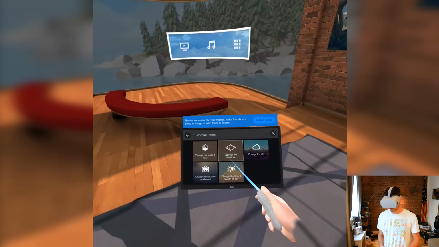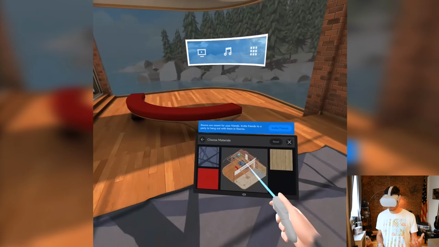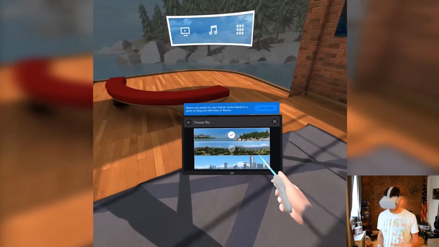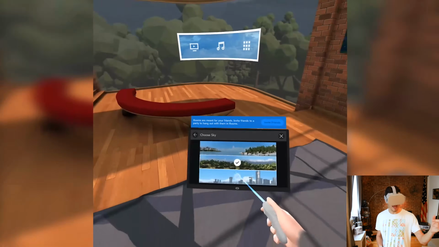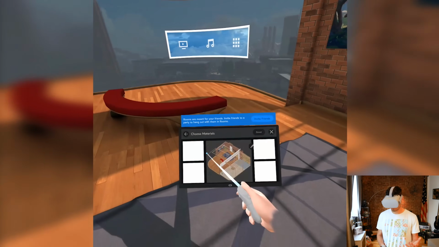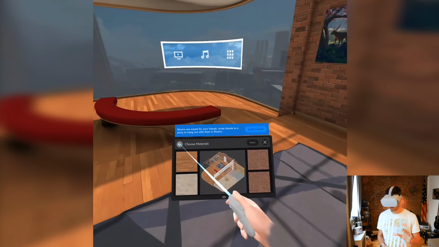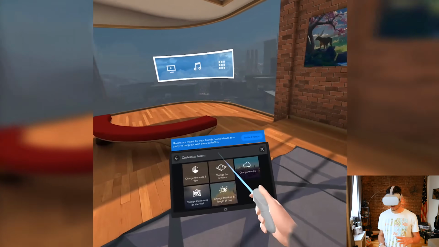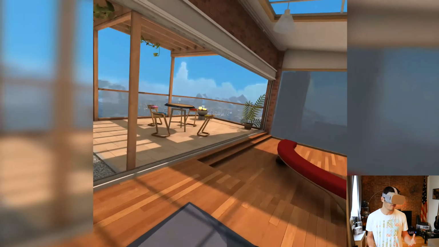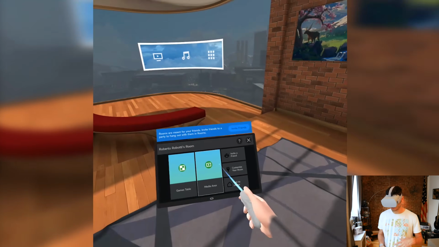Invite friends, customize the room, so we can change the furniture and stuff. That's very nice. And you can change the sky or what you see outside, and then do the city. You can play a lot with the customization, and it's a very nice addition. It's not a customization that you're gonna have on the Oculus Rift, but it's very nice, and every house is